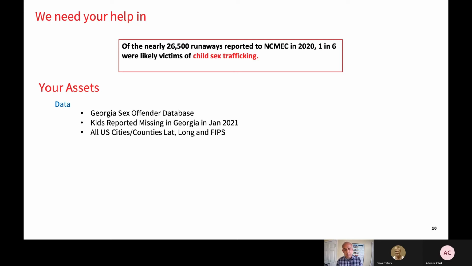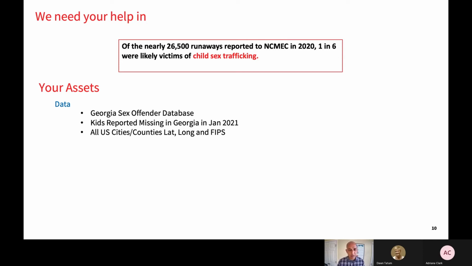In addition to that, we will provide you the current missing children's database as of 2021. So you can start correlating, when a child goes missing in this area, which are the areas of concern, who are the people of concern in that area, who are the criminals in that area that potentially are risky for this child, and how do you come up with concepts that will help law enforcement to tell them that these are the people that they have to be aware of.